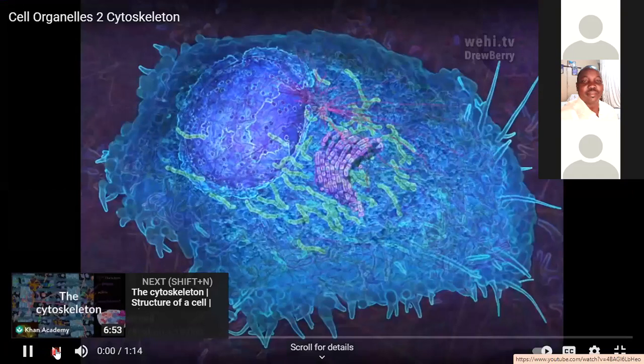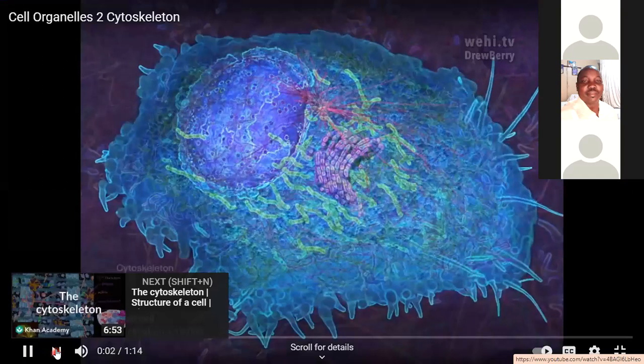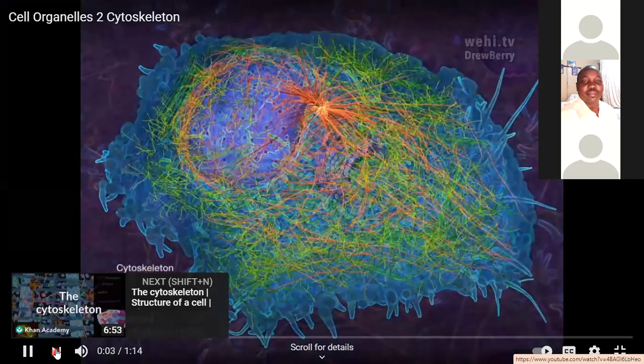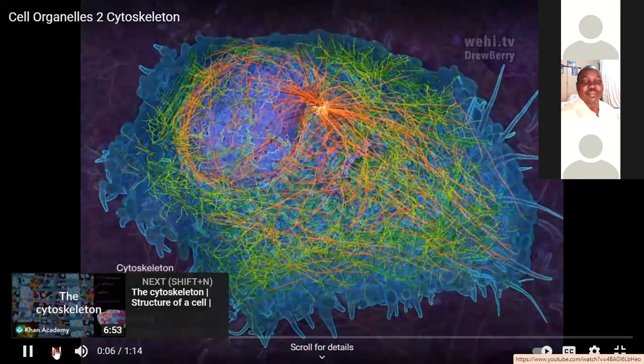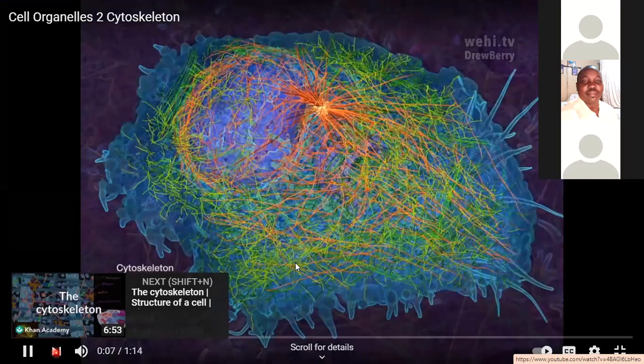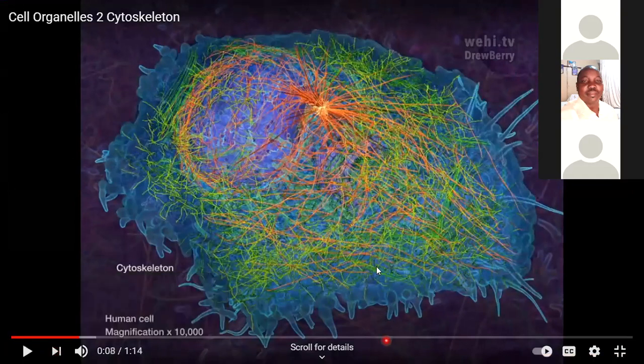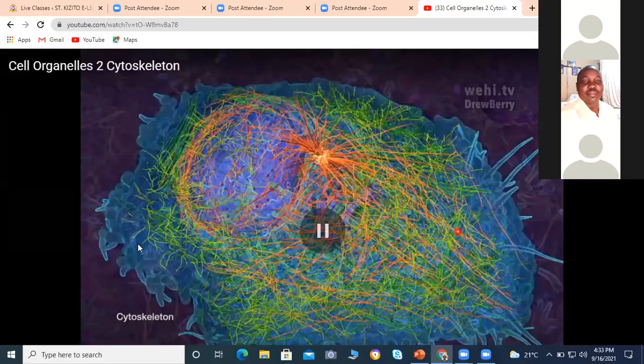The cytoskeleton is a dynamic network of filamentous proteins that extends throughout the cytoplasm, forming the struts, cables, and girders that give